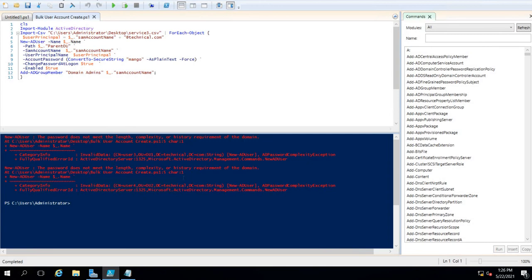It's very simple. Mentioned here, you can see the account password is mango. Generally, whenever you create any account, Facebook account, Insta or banking account, they will not allow you to enter a password which is only single case letters. There should be one uppercase, one lowercase, one alphanumeric, and one special character. This is the requirement here, which is not being met, so it's showing an error. So let's have a try and we'll see what is happening.